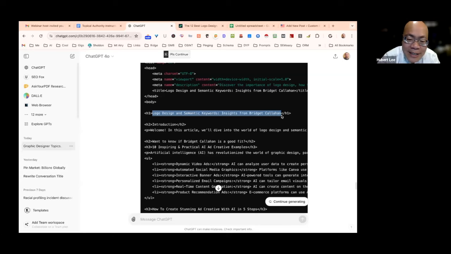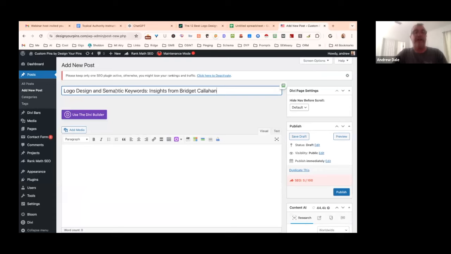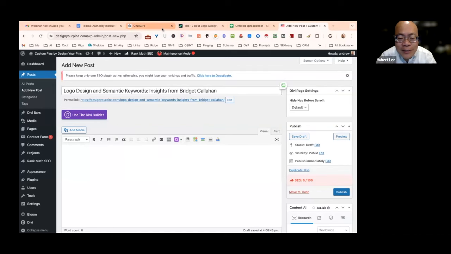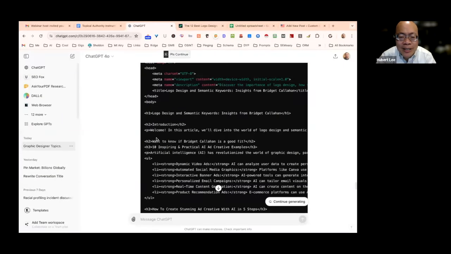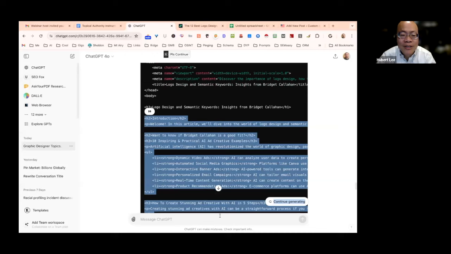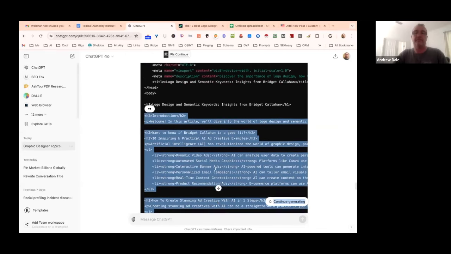By the way, Andrew, I see that you need to hit the continue generating button to get the rest of the HTML right there. Yeah, we'll do that. And then we put that right in there. Okay. And then the next part. And that works, folks, because we happen to know it's set up so that the blog post title is the H1 of the page. Right.